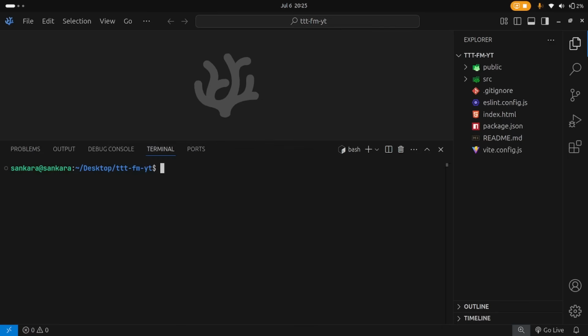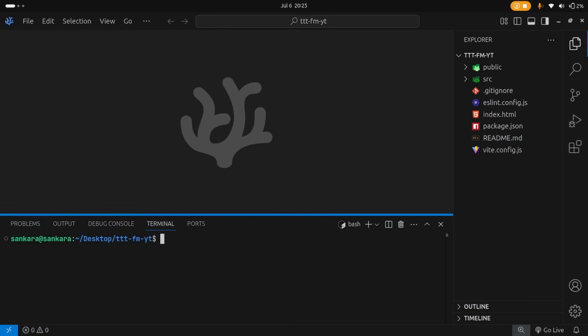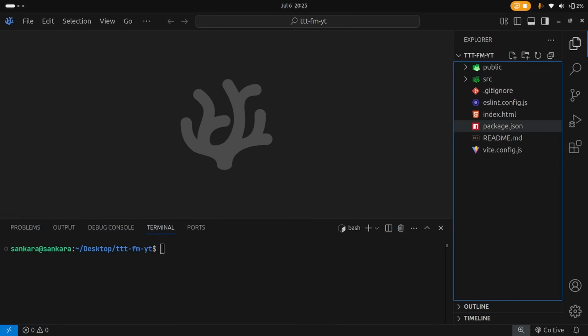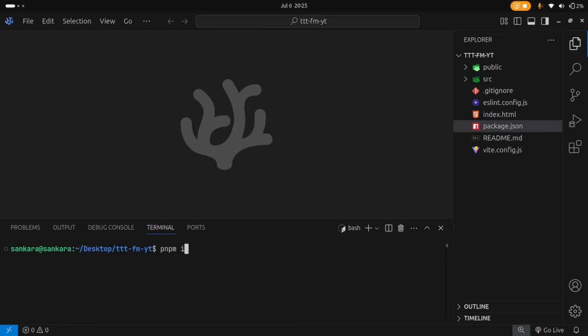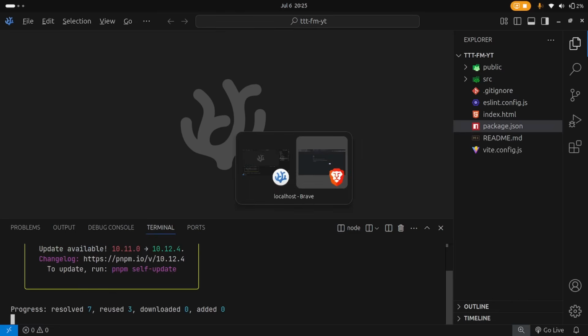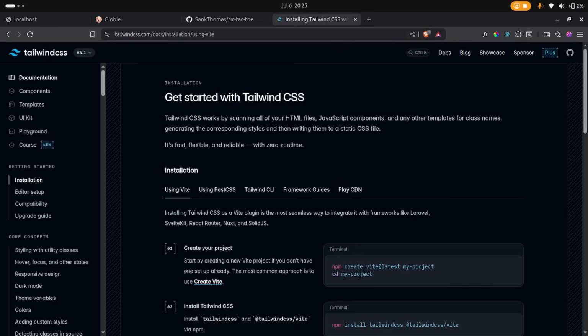And in order to begin, we first need to install our packages, which are in the package.json. So we're going to go ahead and say npm install. And if you're using a different package manager such as pnpm, make sure you do pnpm install. And then as that is installing, we also need to install TailwindCSS, because that is what we're going to be